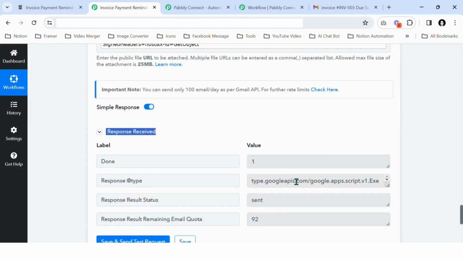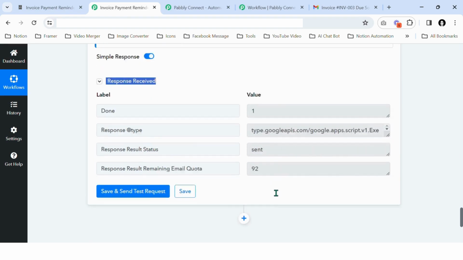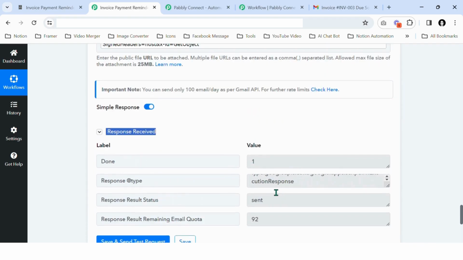Now in this automation we are using Gmail, and Gmail has a free quota of 100 emails every day. Okay, it provides a free quota of sending 100 emails on a daily basis, so you can utilize up to 100 invoices, 100 emails over here. Okay, so I'll click on save,